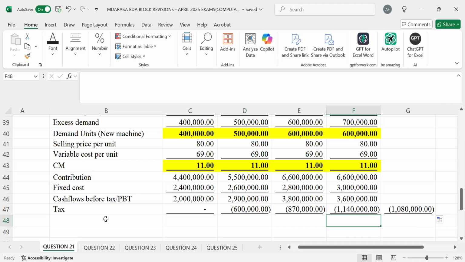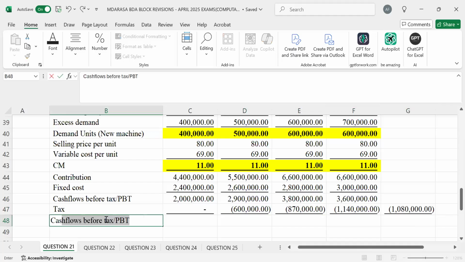So therefore, consider cash flows after tax, simply PAT. But in this case, after having this,